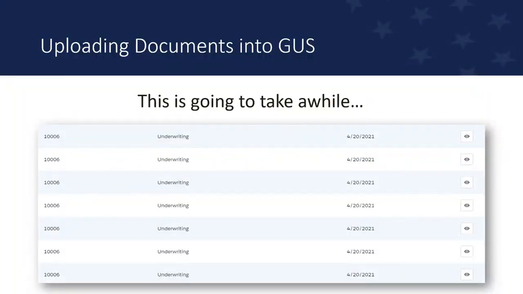So when uploading files, try to consolidate if possible. I do recommend that supporting documents are consolidated and placed in the stacking order of the 15A checklist. Your appraisal should be the only document that is submitted as a standalone document. So this is an example. This loan had 18 files to open and review, and if they're each uploaded separately, it can take extra time